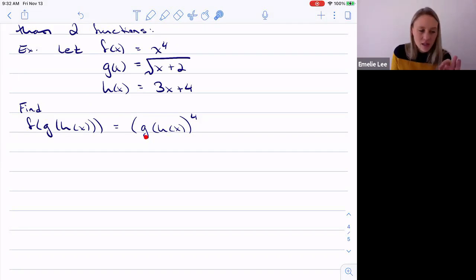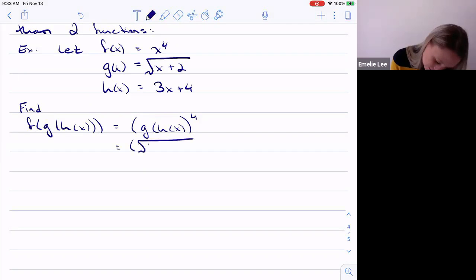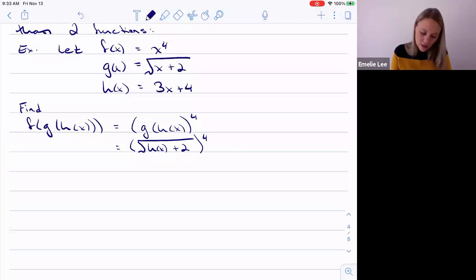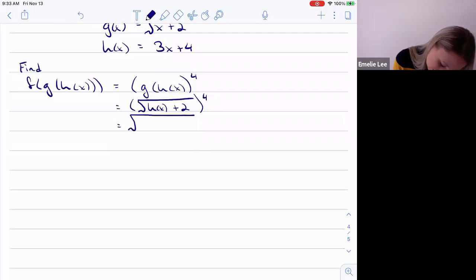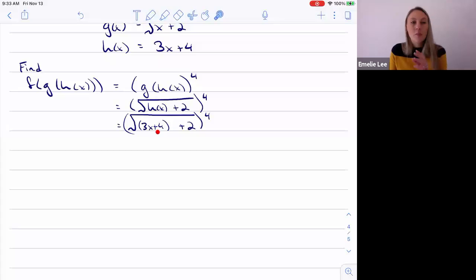So g of x is the root of x plus 2. Notice that it stays inside these brackets to the power of 4, right? So everything is going to happen inside these brackets now. And so we've got the bracket and the root of h of x plus 2 to the power of 4, right? Because g of x is the root of x plus 2, but the x in g of x is going to be h of x, so the root of h of x plus 2, and then I can replace the h of x with 3x plus 4. So I have the root, to the power of 4, and h of x is 3x plus 4, and then plus 2. Notice again, I'm putting brackets around,